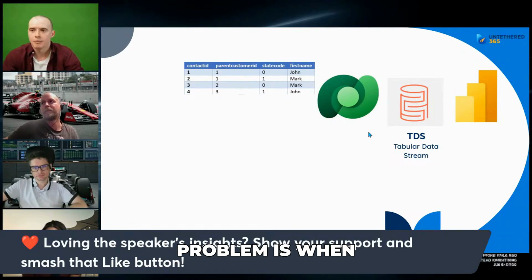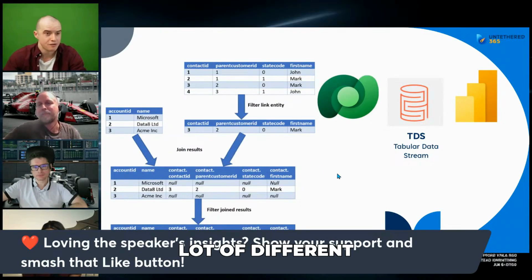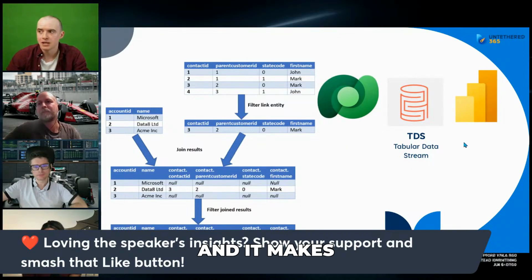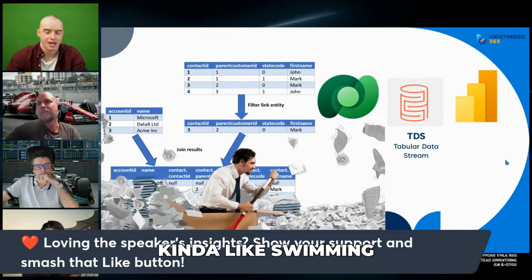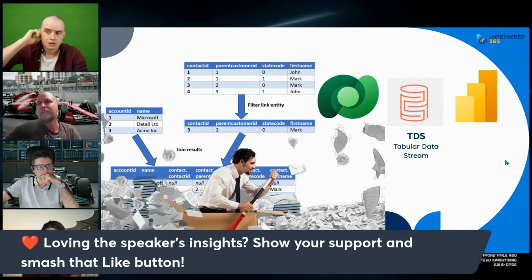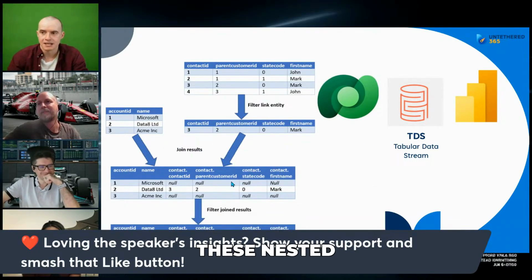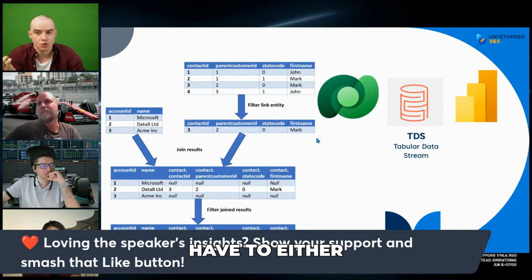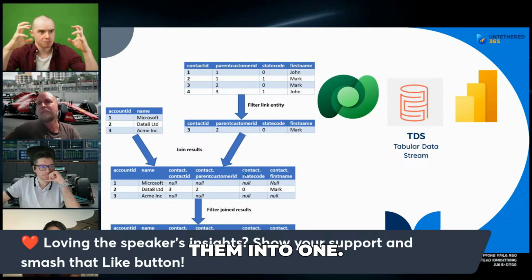I love it. The problem is when you start getting in this situation where you have a lot of joins to a lot of different tables, that really slows it down, and it makes your Power BI report have to wait a long time to get all this, and then you're just swimming in all this data. So when you do have all of these nested relationships, to get around that, you're going to have to either flatten your data, which means take some of these tables and shove them into one,